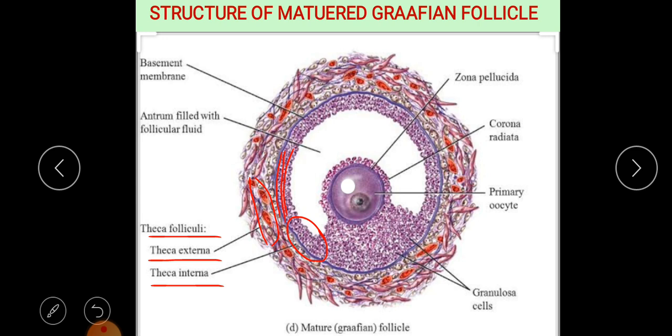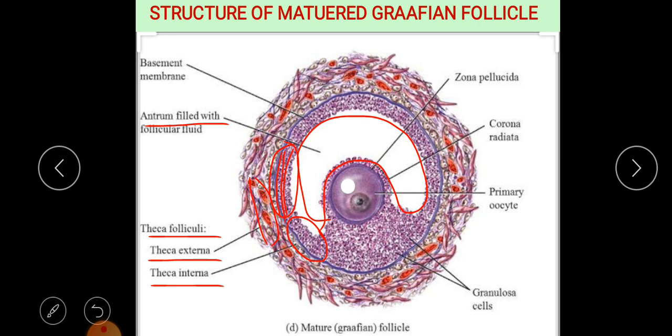Okay, so these granulosa cell layers, which appear like a membrane, are known as the membrana granulosa, and this membrana granulosa encloses a large central cavity which is known as the antrum. This antrum is filled with a fluid known as the liquor folliculi, which contains the hormone estrogen.